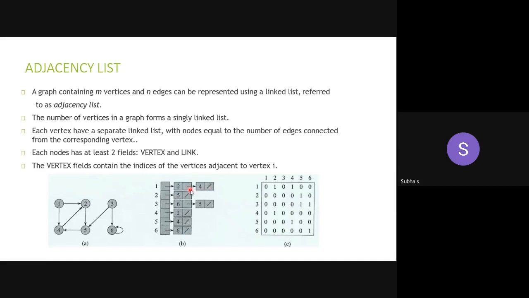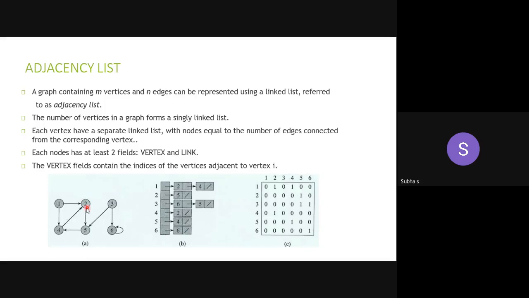Linked list. So if 1 is connected to 2 and 4, it does not mean that 2 is connected to 4. Okay? Sometimes the diagram may be drawn wrongly. 2 is not connected to 4, only 4 is connected to 2. So what is the meaning here? It means the adjacent nodes of 1 are connected as a linked list. That's all.